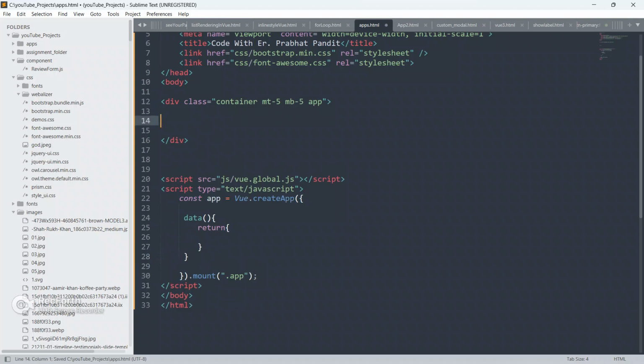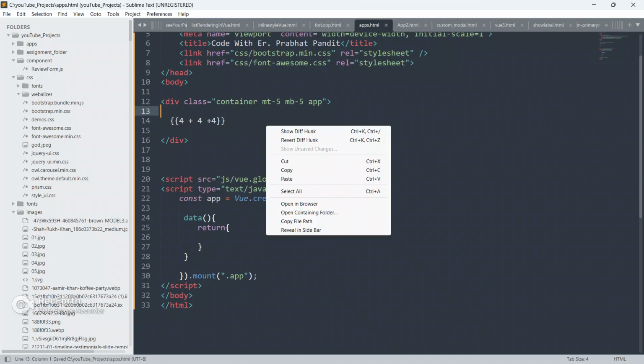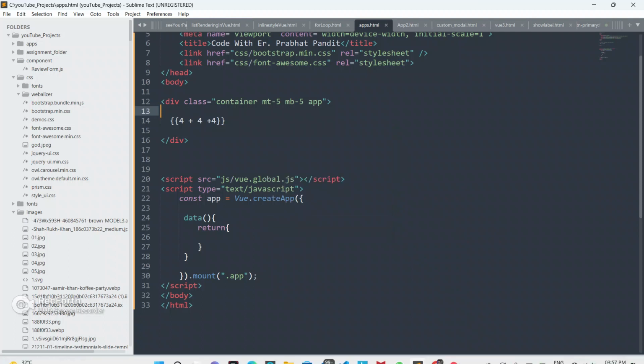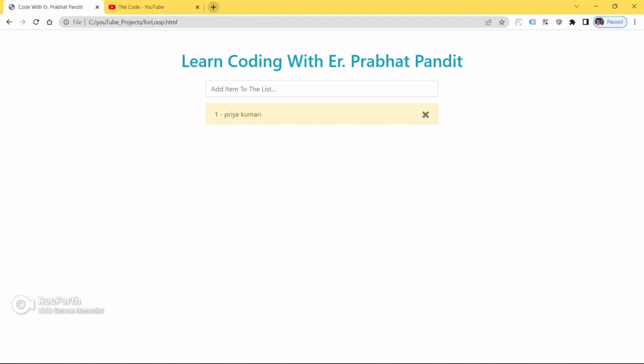Okay guys, to test, we do a simple calculation. Put double curly braces and put 4 plus 4 plus 4. Now just save your code, copy the file path, go here and paste it here.